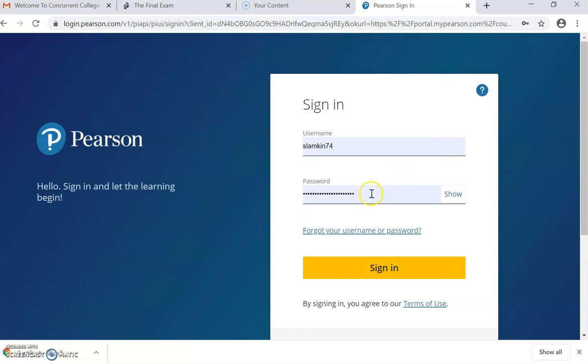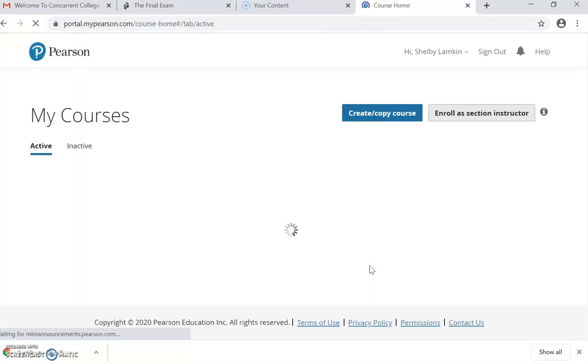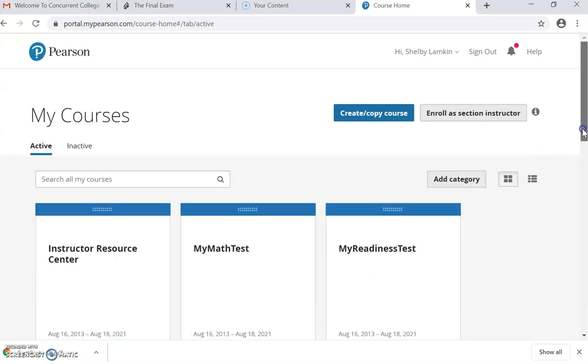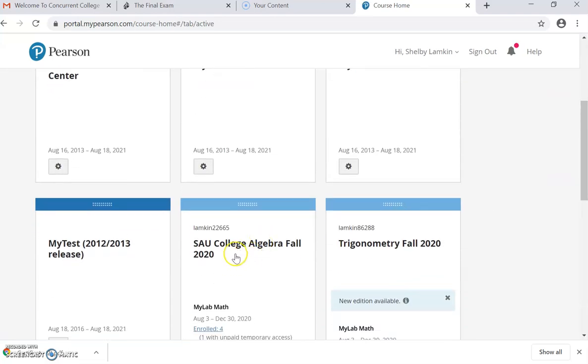What's expected of me each day? This is what this is going to look like. So you're going to sign in, and you will probably only see this pop up, SAU College Algebra Fall 2020. I teach a couple of other classes. They pop up on here as well. But when you click on this, it's going to take you to